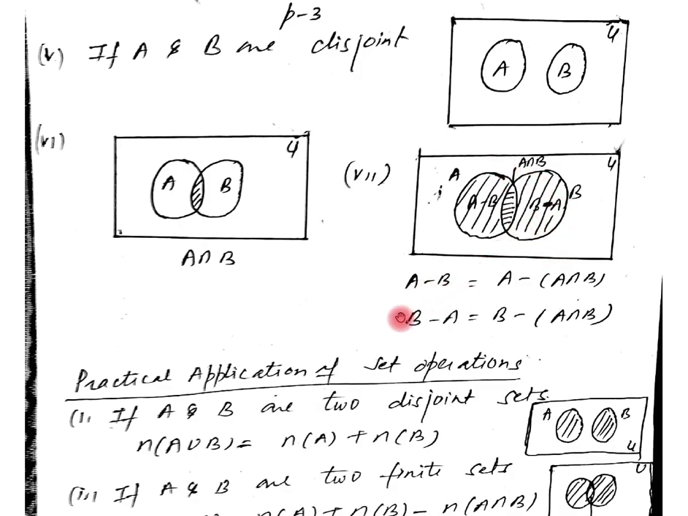This is only A, this is only B. This can be shown like this. Now let us see here